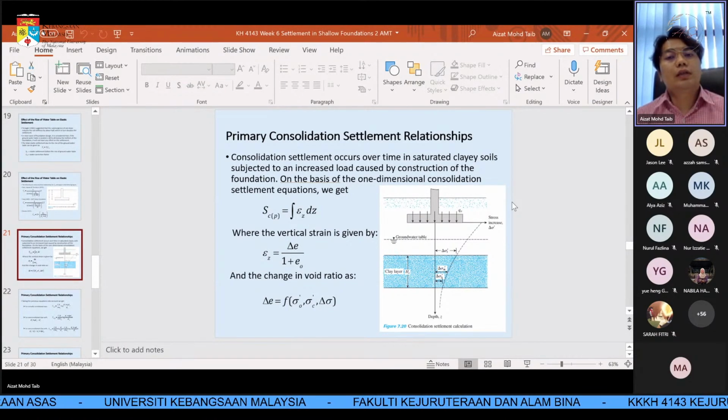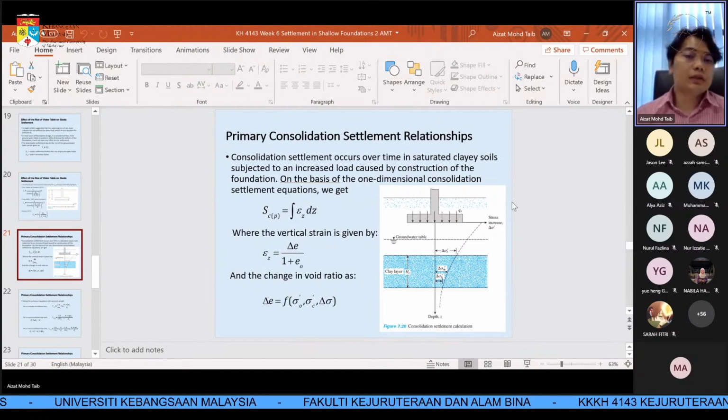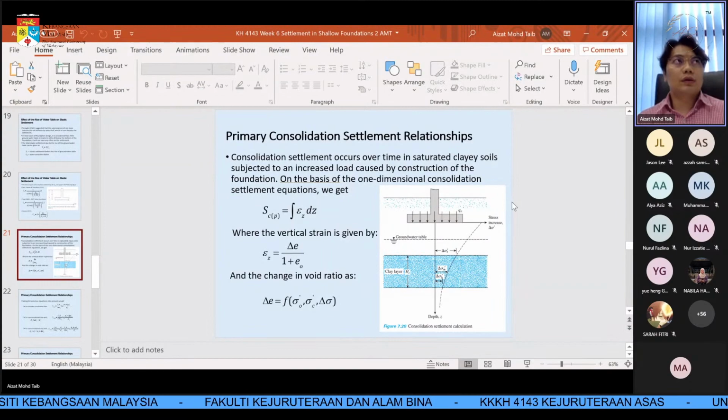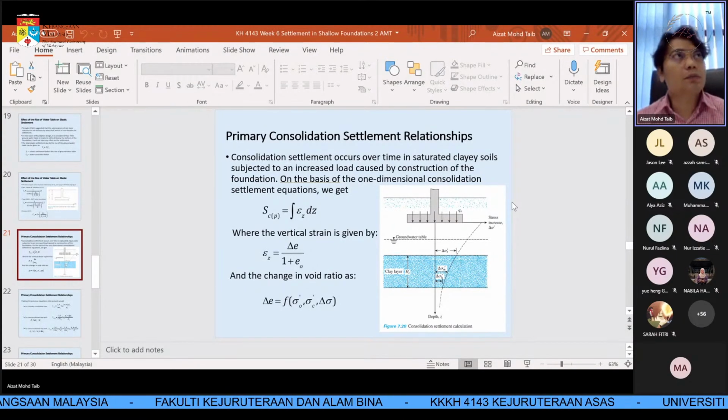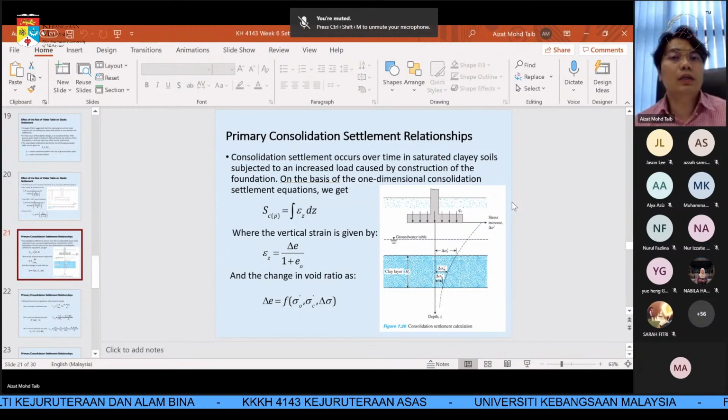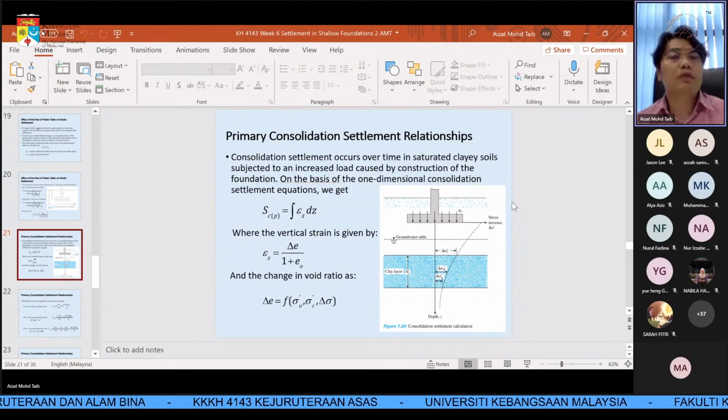Okay, so bila tanah tu tepu, okay, so bila ada loading, okay, so it happens slowly. Occurs over time in saturated clay soils subjected to an increased load caused by construction of the foundation. On the basis of the one-dimensional consolidation settlement equations,